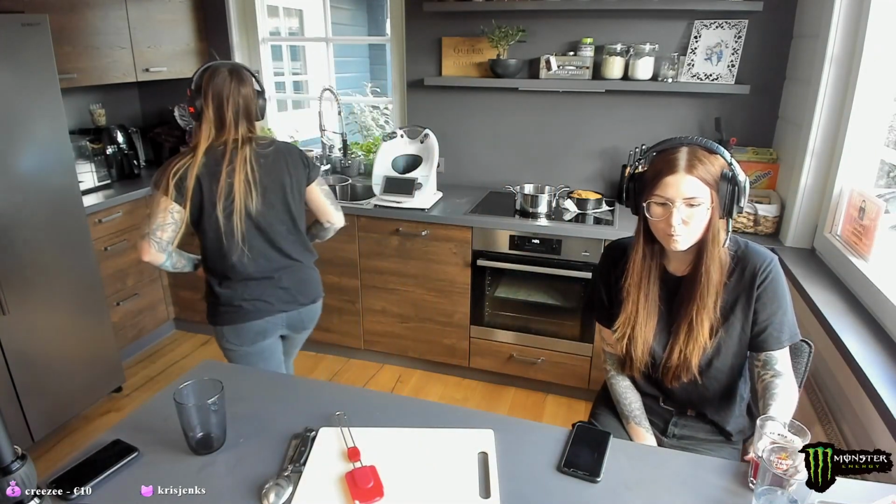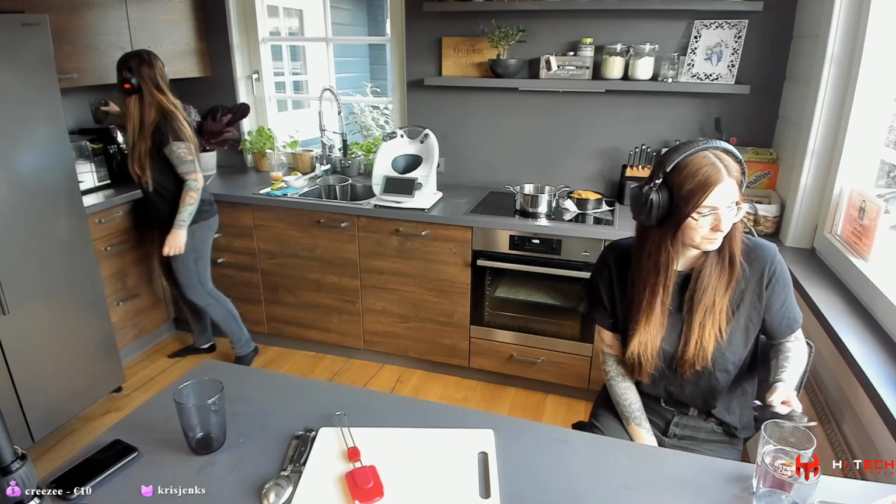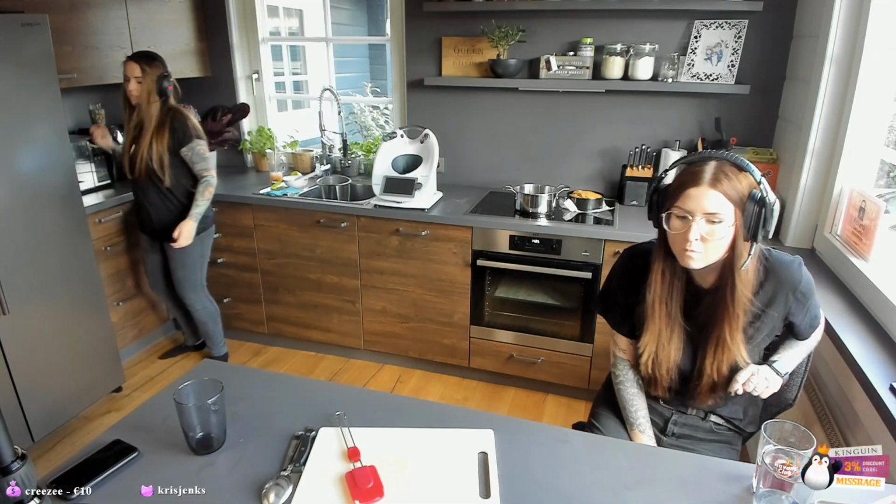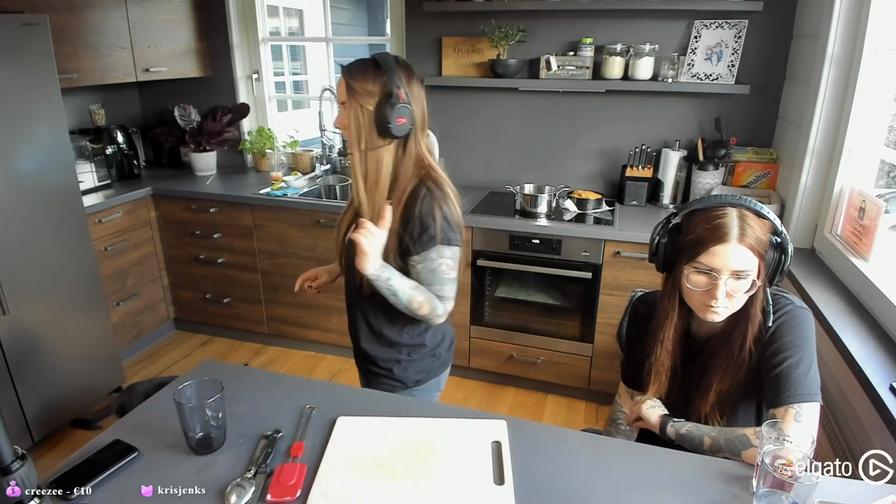First, we're making the vegan cheese sauce. So first of all, you need to soak cashews in water for 4 to 6 hours. I already put them in water today in the morning. So we have our cashew nuts soaking. They're soaking. So we're gonna cut